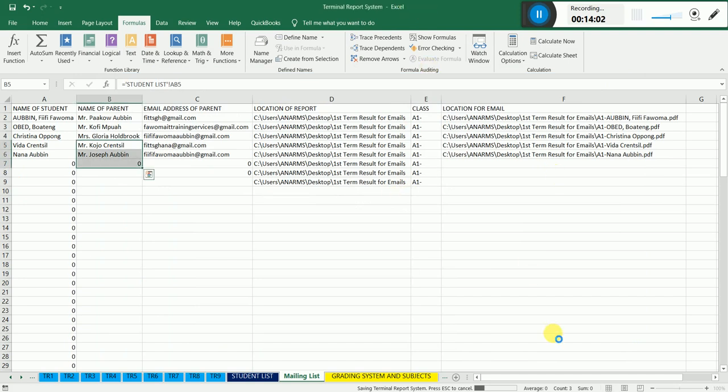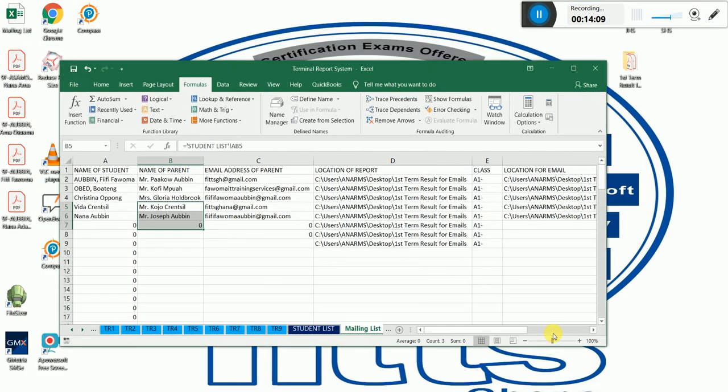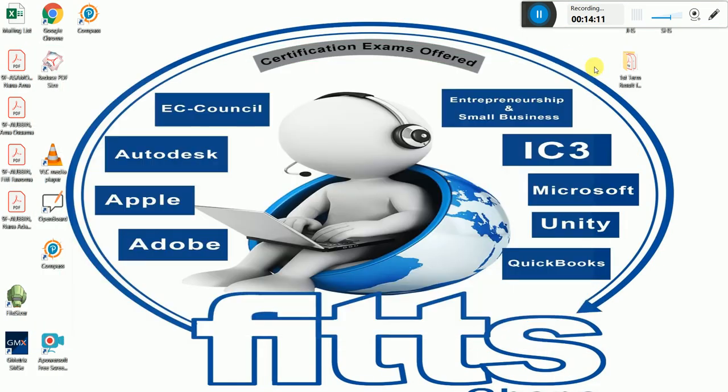Okay, it is still saving, so let's wait for it to save, then we'll see what we can do. So where is our mailing list? So it is on our desktop. This is it. Okay, so in the next lesson we'll see how we're going to automate it so that the system will pick all their emails to their respective